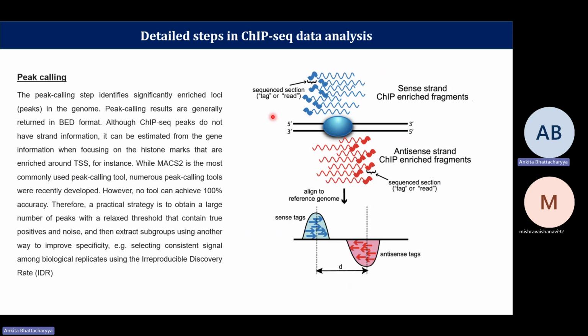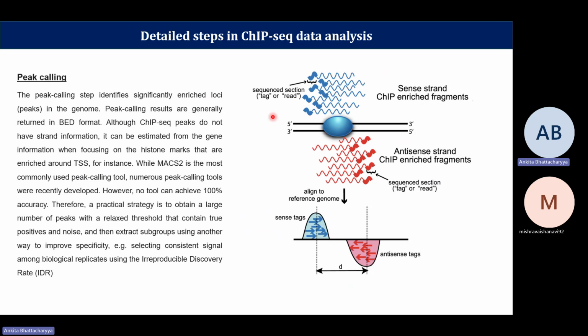It's not going to look at only a gene or a certain position or anything of that sort. It is going to do a global analysis and give you all of the significantly enriched loci in the genome. So generally, these are returned in the bed format. That is also just a simple file format, .bed. And normally, you will analyze that file. You'll use another tool called MACS2 to determine whether there is a statistically significant difference between the input and